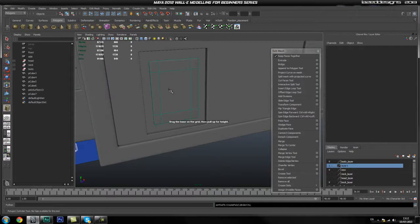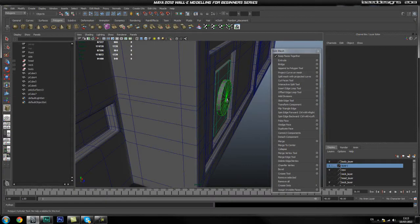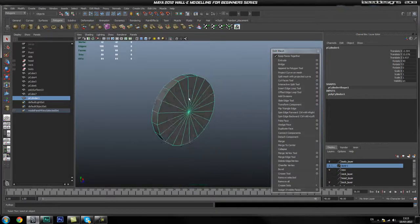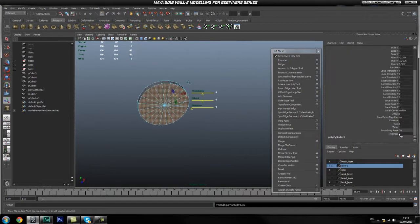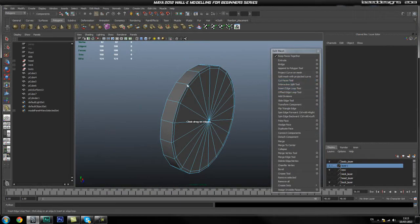And we're going to go ahead and make a cylinder for a button. Probably about that big. Drag out height. And then again, I'm just going to select this and isolate. I'm going to select all these, so all the back, and hit extrude. And then we're going to offset this a tiny bit. If I slow down my slider, like so, should be able to get pretty good edge around it. And then we're going to use our insert edge loop tool, put one in here, put one in there,